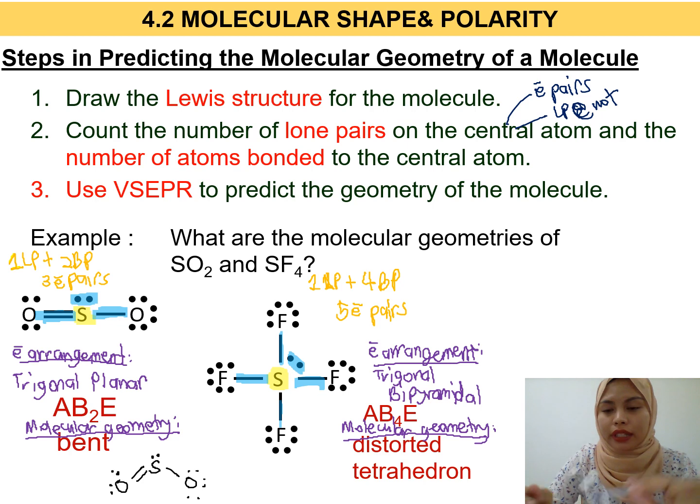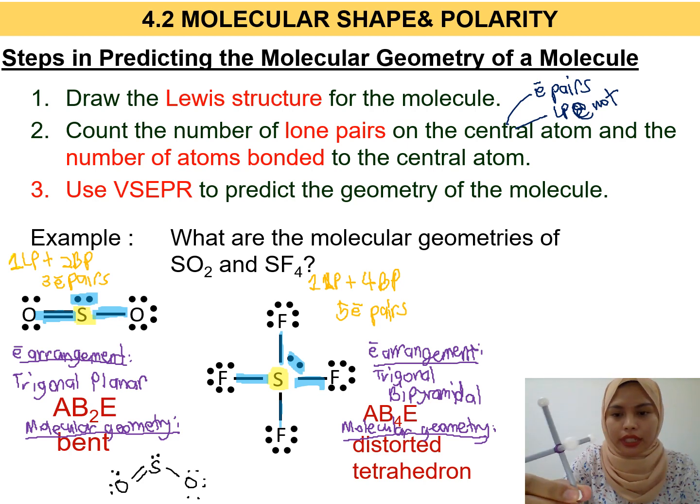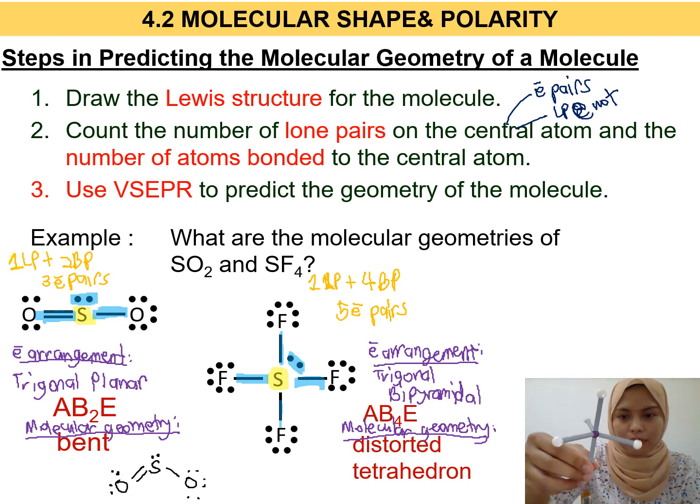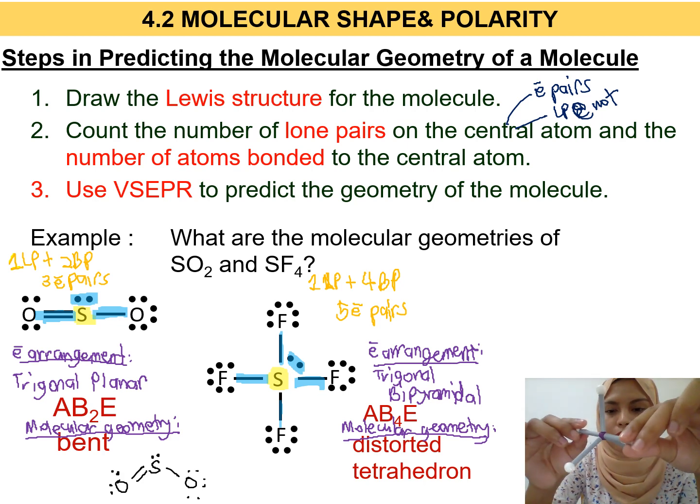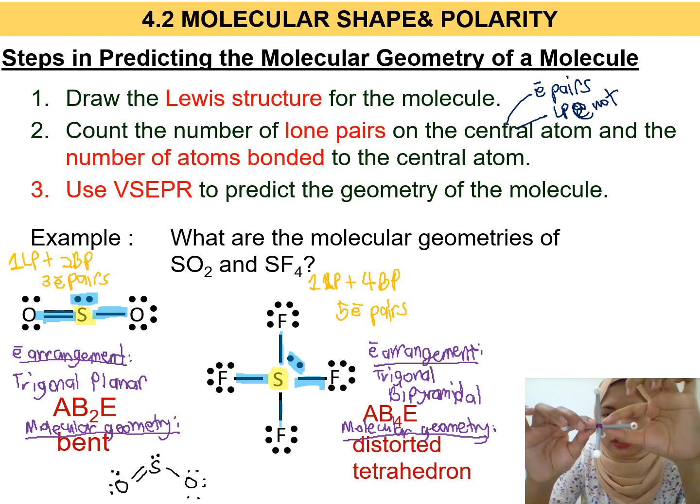I know it's a little bit pening, tapi don't worry, as long as you tahu macam mana nak lukis trigonal bipyramidal in 2D, in 2-dimensional, it's gonna be fine. Okay, you lukis macam bentuk apa? Bentuk bintang. Okay, sekarang ni the molecule central atom S2 dia ada 1